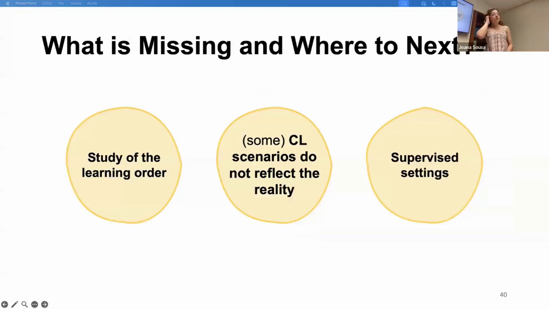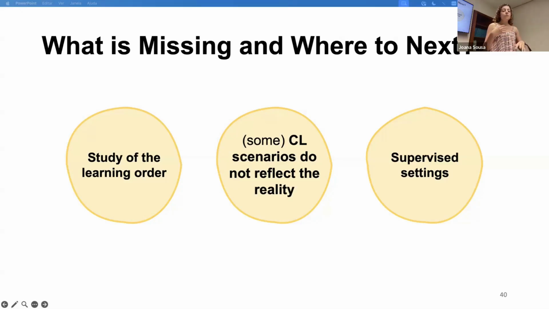And finally, what is missing and where to next? We saw all the continual learning scenarios, right? There are four types mainly, but one thing is missing from the discussion, and that is the study of the learning order.